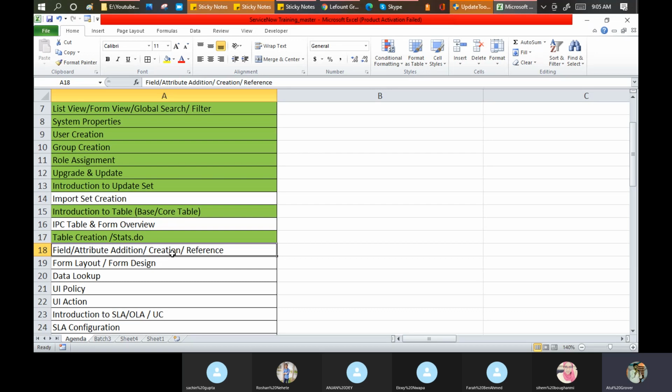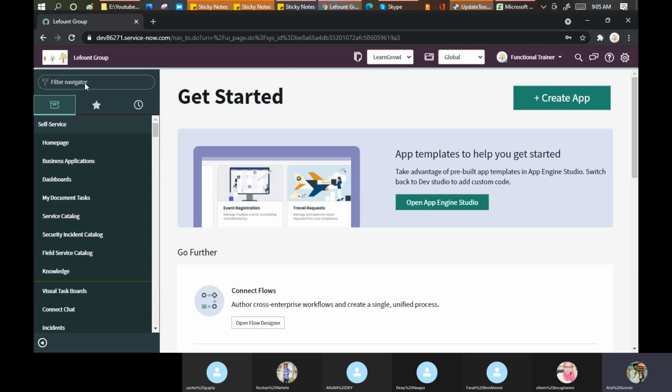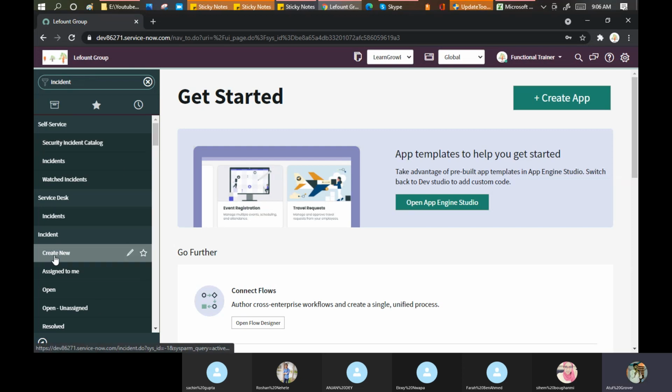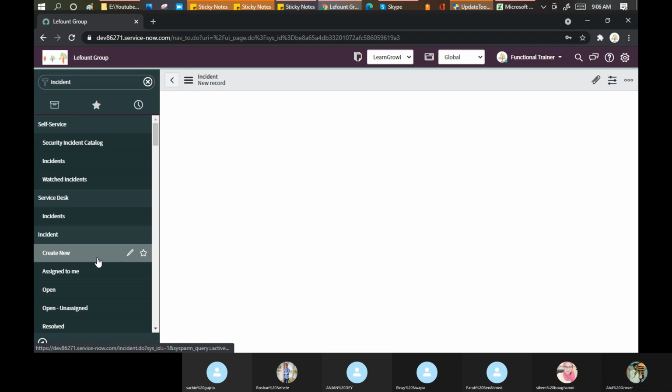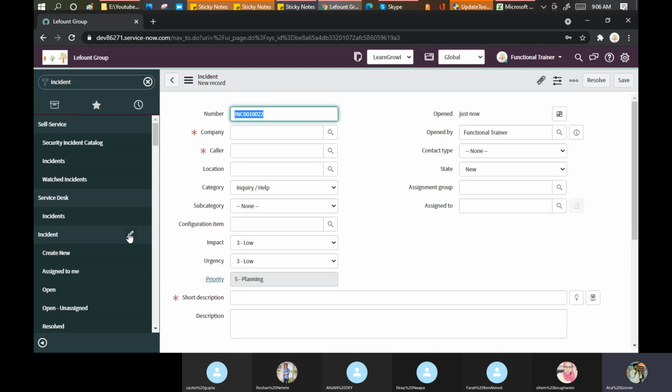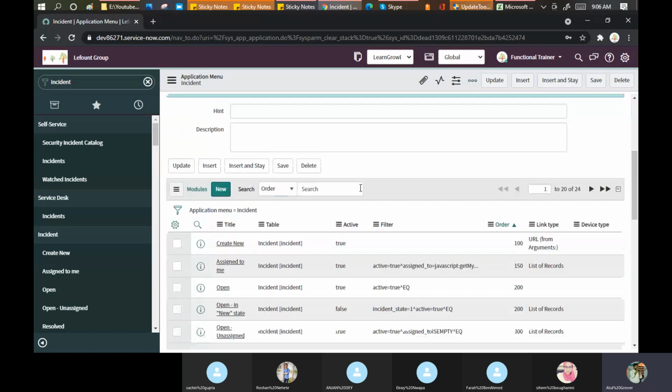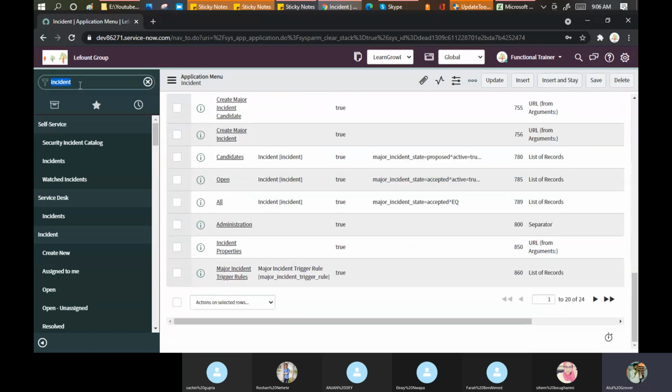And I'm going to introduce one new table for you guys to understand. That is again a simple table given by ServiceNow, called the incident table. So in today's class, suppose I go here and open the incident management. When I click on create new, before that let me show you the incident table. Let's click here on the incident application, because this application will contain the incident table. Sorry, it's a module. Let me go to the tables only, not from here.